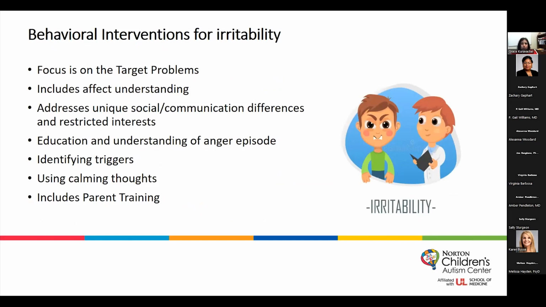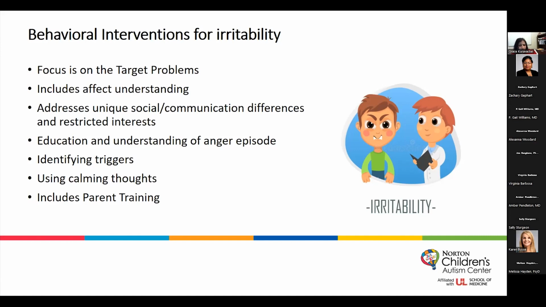So moving on to individualized behavioral interventions in understanding their own irritability and responses. Again, in individual work, the focus is on the target issue. And again, as we discussed earlier, there's a lot of work that is put into understanding emotions in self and in others, and understanding how their own social communication impairments and interests can sometimes contribute to some of this affect-related issue, but also using that as reward systems,